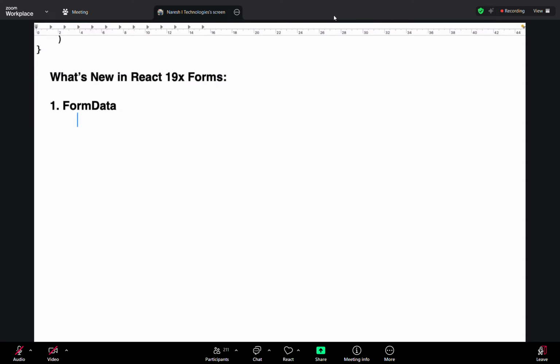What is FormData? FormData is a collection of keys and values. FormData is actually present in general HTML also. The HTML browser can use FormData. Now React is trying to use it in its virtual DOM. The actual DOM has that. For example, see,